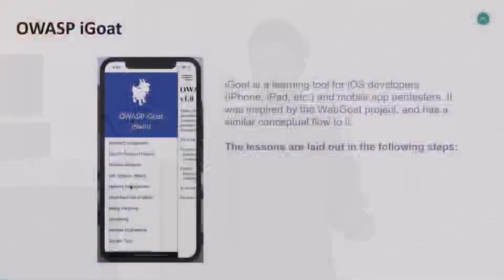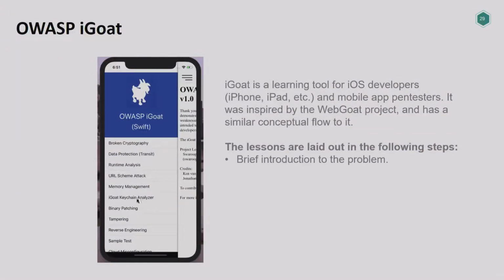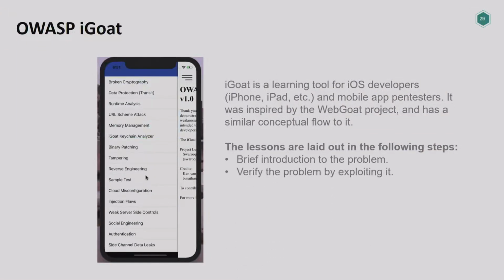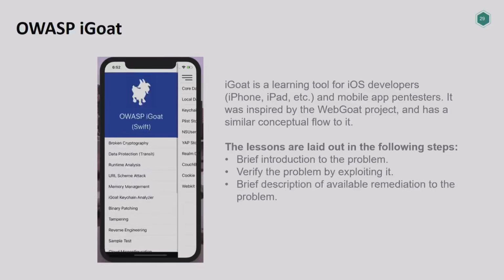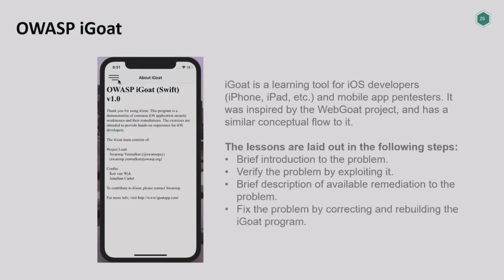So this is the application. On the left side you can see the demo, and it has different lessons you can check, like binary protection, jailbreak detection, and a lot more. It introduces the problem, then you exploit it, and most importantly, at the end you learn